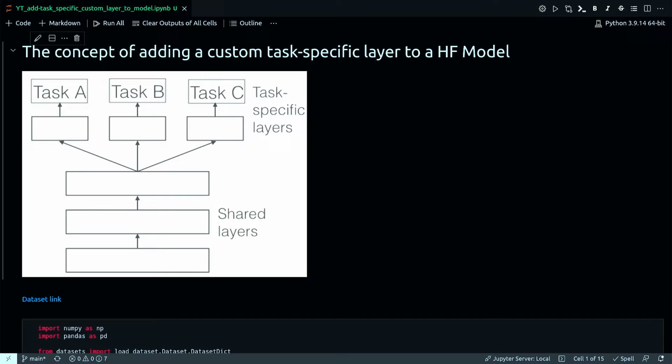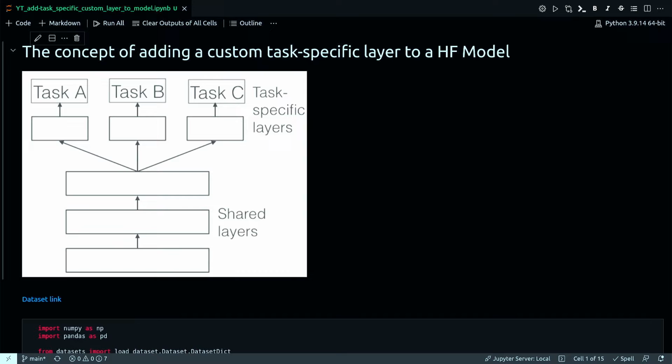Hey everyone, when working with HuggingFace Transformer pretrained models, one of the fundamental techniques we use in most of our projects is that we take the body or base model and then on top of that we add a task-specific head to finally build our model. So in this video, we will see an example of that architecture because the same architecture will need to be applied